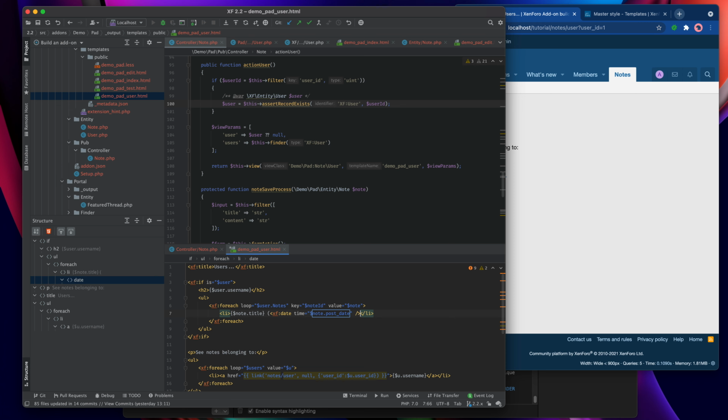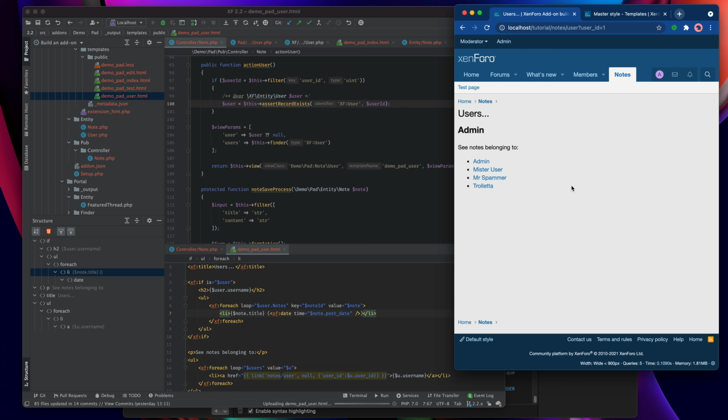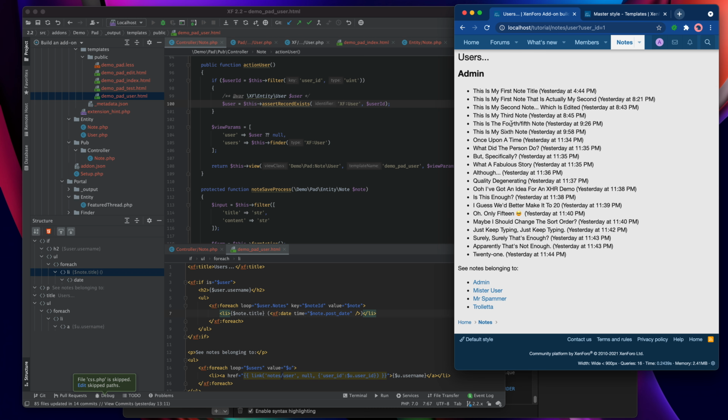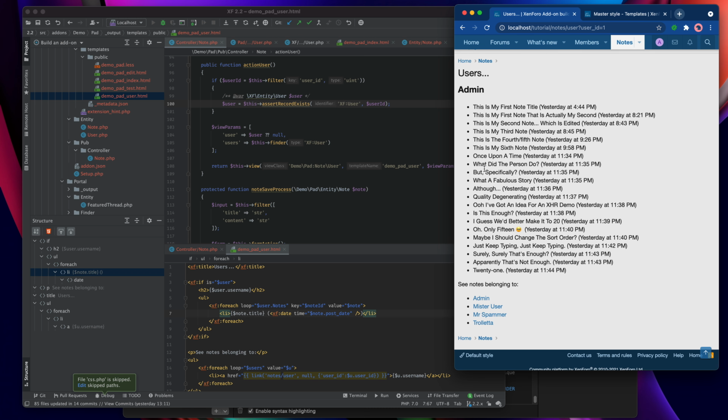That should do the trick. Save that out and see if it works. There we go. It's fetched the related items for that user in the template only. No PHP work involved at all. It's just done through the template.